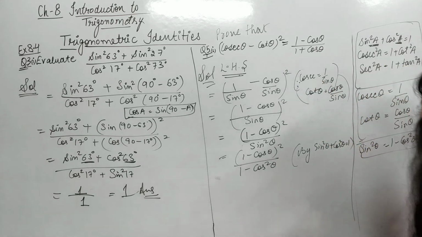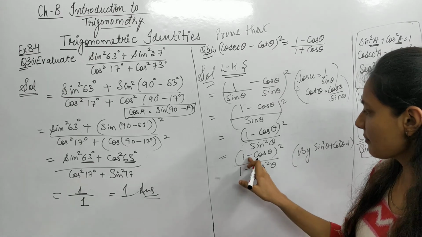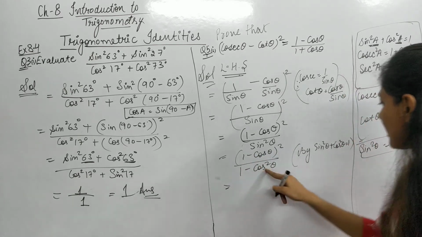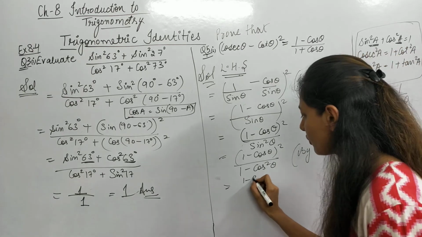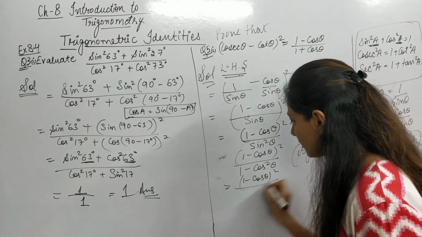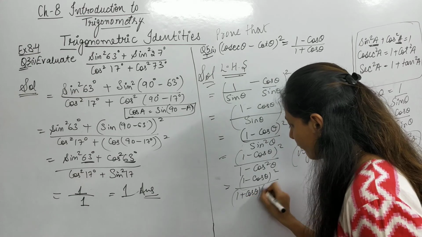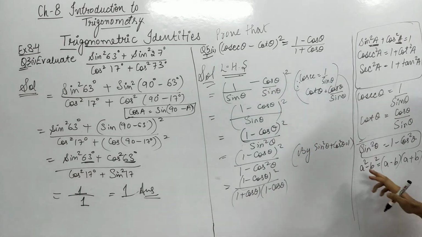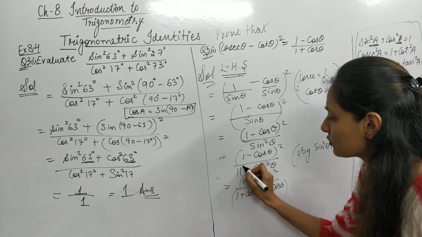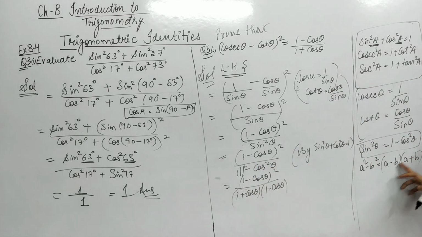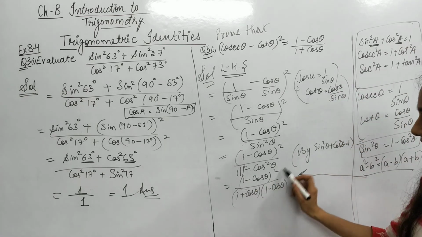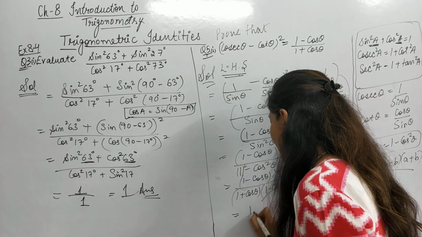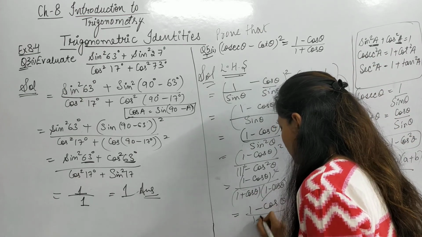That is why. And what is a minus b whole square? Leave it like this. What is a square minus b square? It gives you a minus b into a plus b. So in your denominator you are with 1 plus cos theta into 1 minus cos theta. A square minus b square, A here is 1 square. 1 square minus cos square theta gives you a minus b, a plus b. So using this you get this. 1 minus cos theta cancels. What you are with? 1 minus cos theta upon 1 plus cos theta.